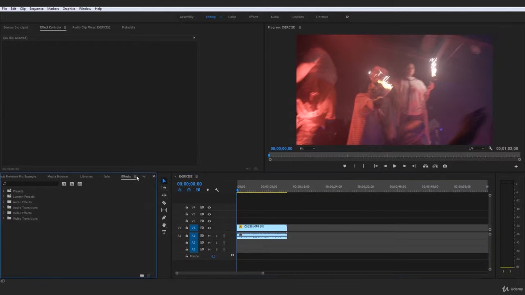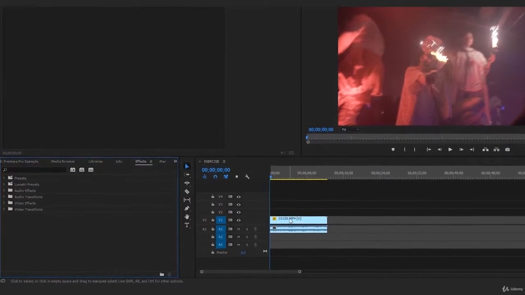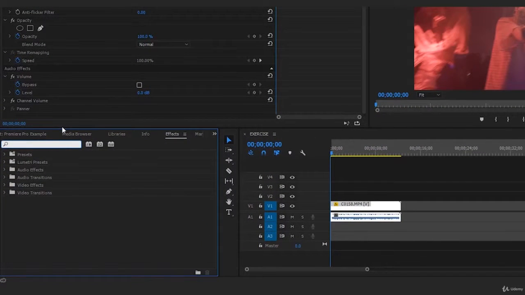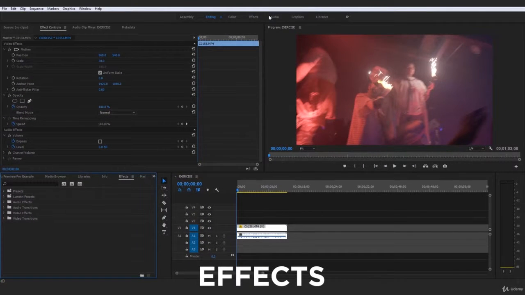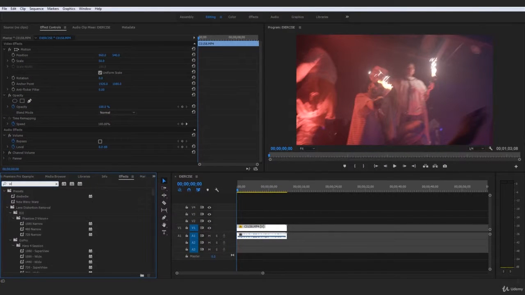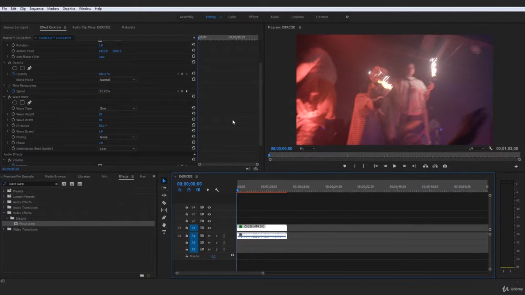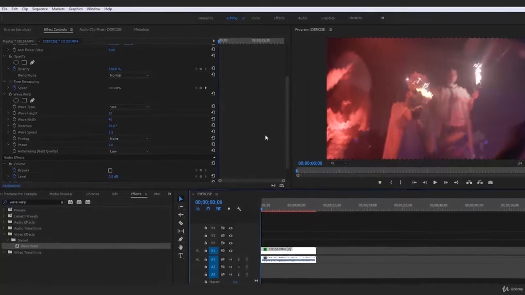Now the first thing I want to do is revisit our wave effect. You guys remember the wave effect? We threw it on there in the beginning just to mess around and give an example of effects, but to do that you would go to effects, or obviously effects up here, either one. I'm going to type wave warp. And that's going to be the first key part of this exercise to create the VHS effect. Let's drag that wave warp onto our clip,